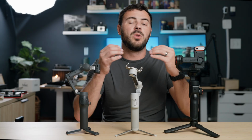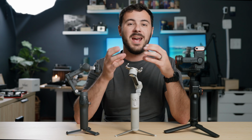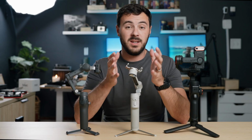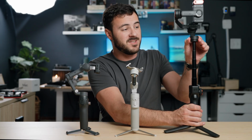But here's the thing. When you're using your phone and you're stabilizing footage, you don't have a gimbal, it's actually doing a lot of digital stabilization, and that has negative effects in low light or even just in the image itself. So having something like this that you can add your phone to takes away from your phone having to do that digital stabilization. Now you're doing mechanical stabilization, and it just allows your image quality on your phone to be a lot better. Along with that, each of these gimbals